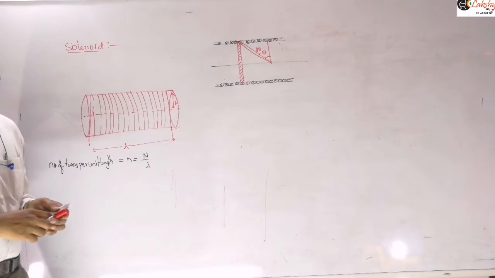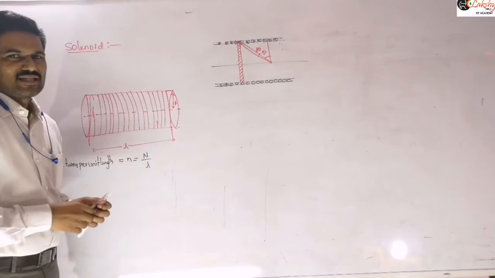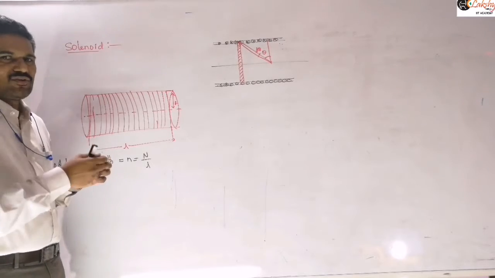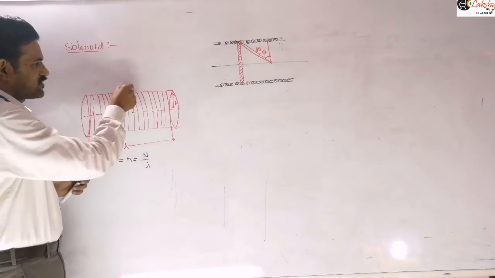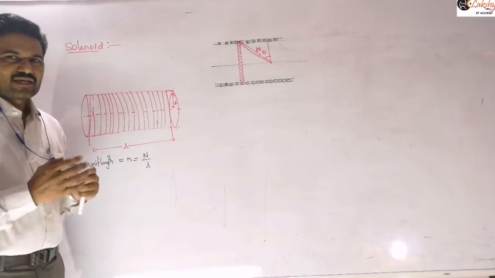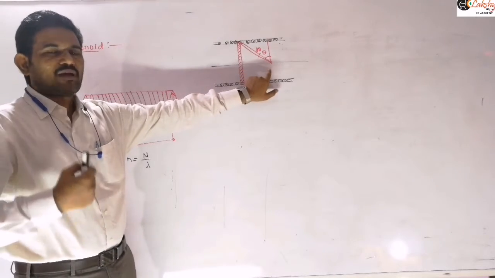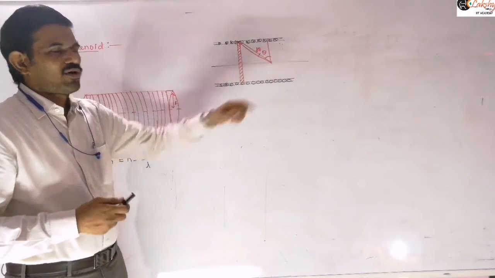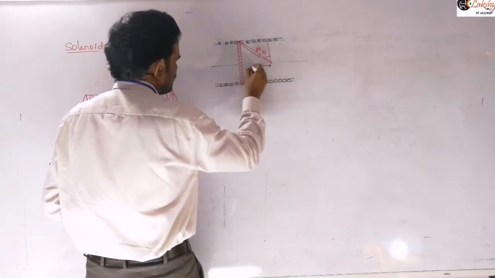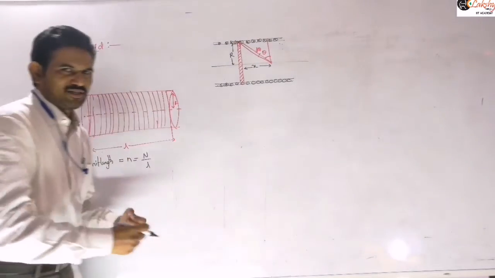The important thing you should observe here is, if you are cutting a small element from this cylindrical pipe, that means from this solenoid structure, the element looks like, if you cut a small element like this, a ring. So now the magnetic field due to this small element means you need to write the magnetic field due to the circular ring at a point on its axis. This distance I am taking as x, and r is the radius of this ring, that element.